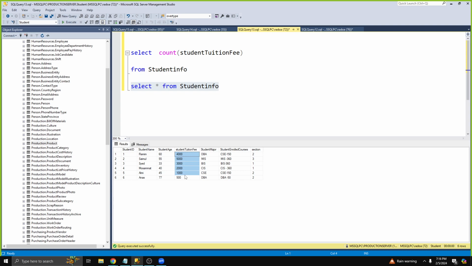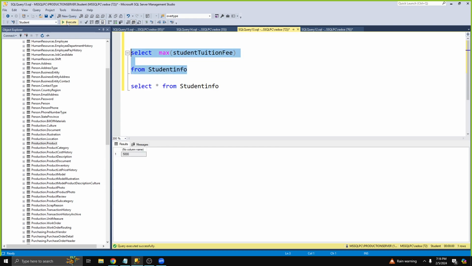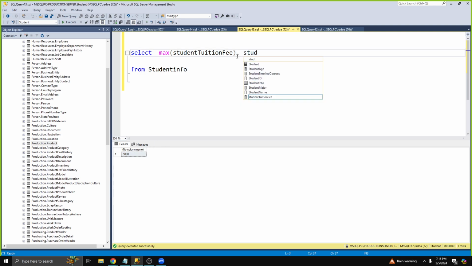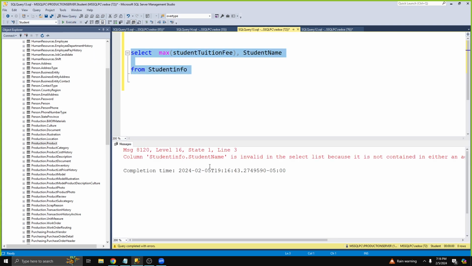Let's say I use average or max. If I say max over here and run it, it does show the maximum tuition, right? But the thing is that I don't see the name here. If I add the student name here, you will see it is breaking the code. It doesn't work because this is actually